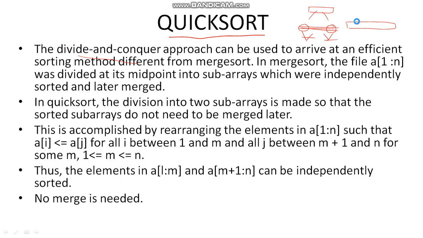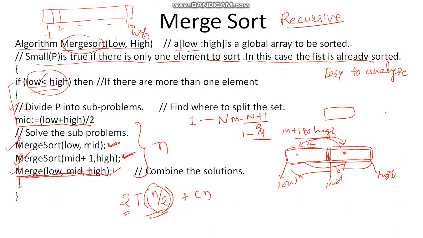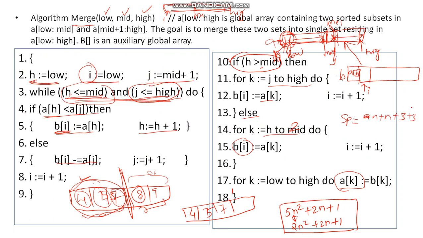One thing I forgot to discuss about merge sort is its space complexity. If you see, there is array A of size n, so that will require n amount of space. There is array B of size n, so that will require n amount of space. Then we have low, mid, high, which will require 3 locations. Then we have i, j, k that will again require 3 locations, and in the algorithm we have some more elements, so let us consider 4 for them. So the space complexity of merge sort is 2n plus 10, let us say.